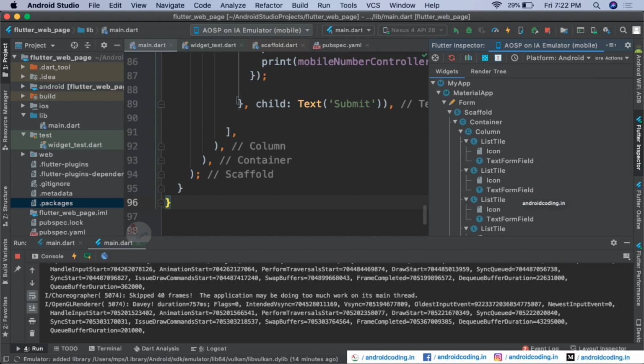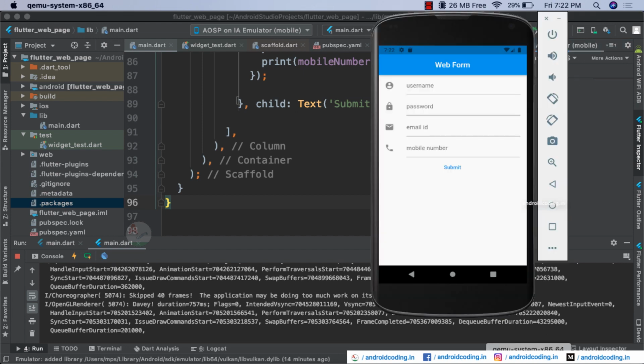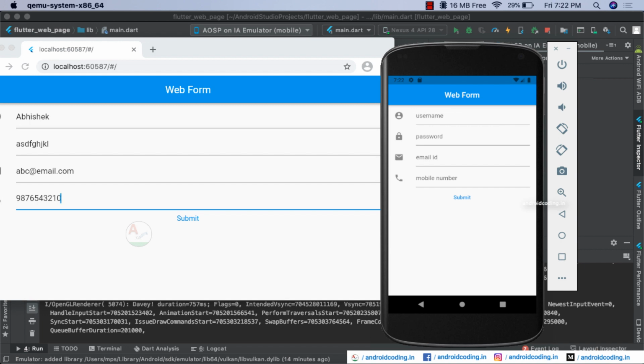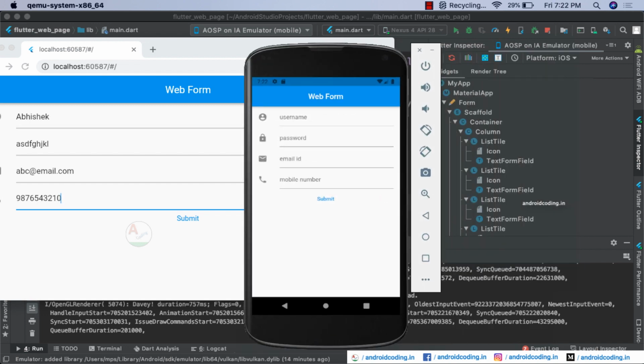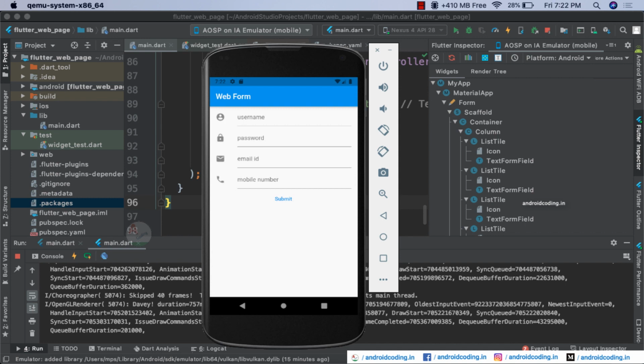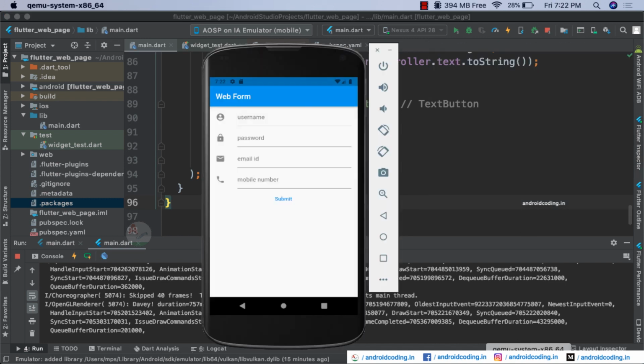Go to the Flutter inspector here and select the platform to be iOS, and here you can see how our application will look in iOS. The basic difference you can observe is that for iOS the app bar title will be in the center, and for Android it will be on the left-hand side. Flutter has provided this facility for us. Whether you are using an emulator or simulator, you can get the view of both versions.